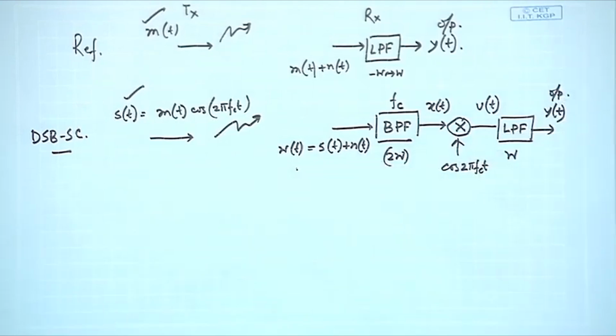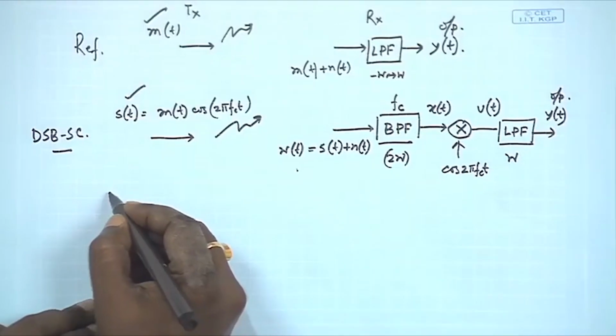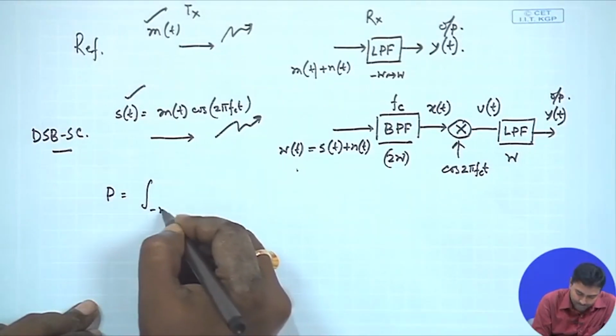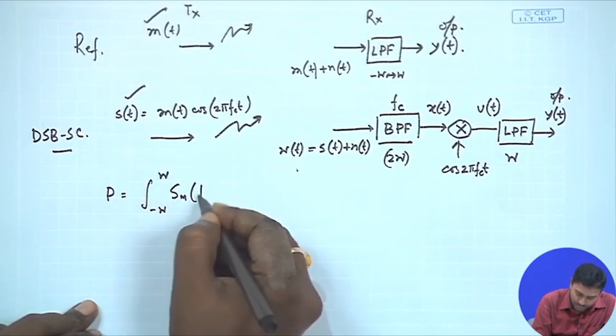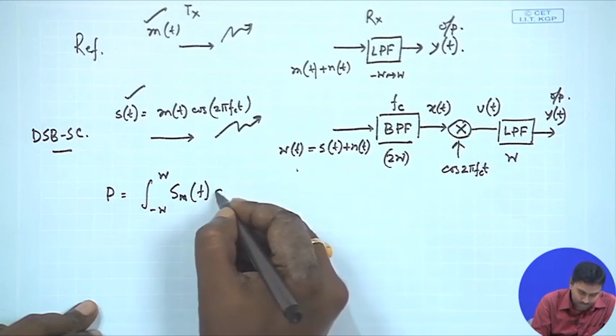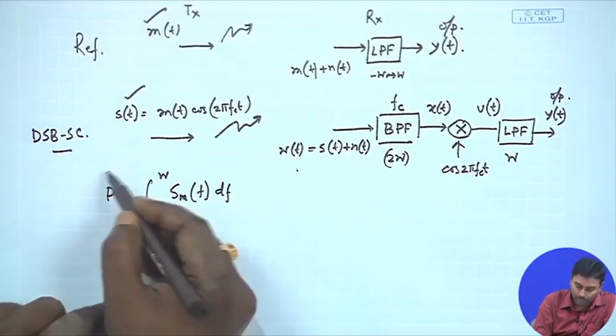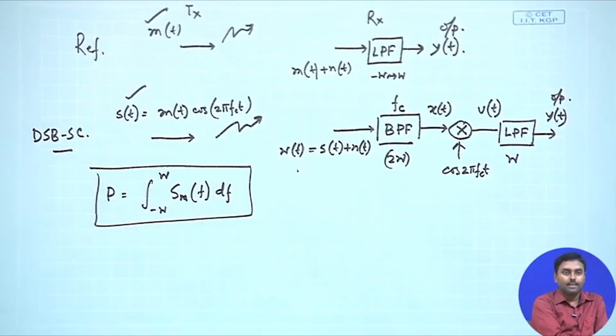Now, what is happening? This entire process, your noise also will go through this process. So, we will have to characterize that whole thing properly. The first step of this is equating these two powers. Let us try to see how we do that. Already we have said that my P is that, right. We have already told that this is something we are assuming, that the overall signal power spectral density, if we integrate over the band of interest, that is the power we get.